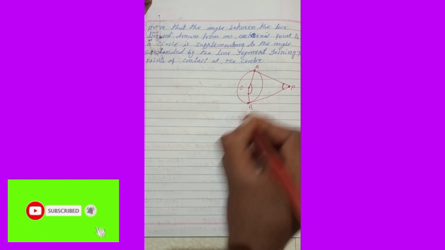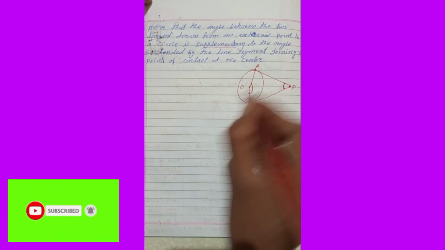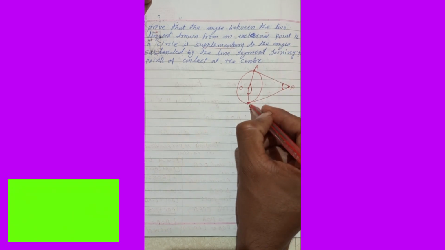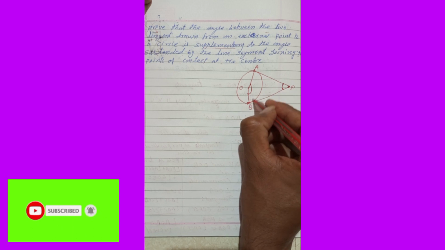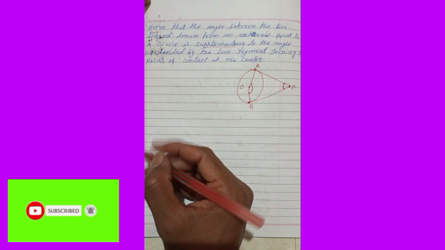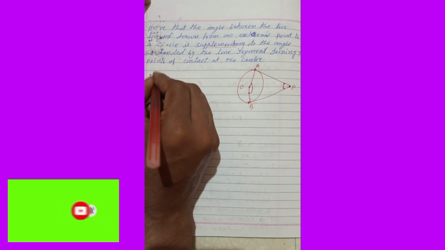Suppose we give the names A and B. Now in this way, suppose I draw one line, another one here, that is the chord of the circle. Then this angle will also be equal, and this angle is supplementary to that angle. That is another way. Later I will take one quadrilateral only. Okay, now the solution.